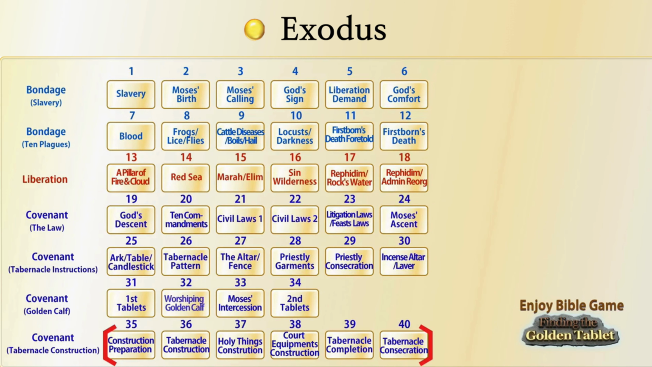the tabernacle, in which the restored Israelites, led by Bezalel and Aholiab, construct the tabernacle according to God's instructions. This section consists of the Israelites preparing for the construction of the tabernacle by making offerings and selecting the builders of the tabernacle, followed by the construction of the tabernacle and the making of holy things, and then by finishing the construction of the court equipments and the fence, completing the erection of tabernacle, and culminating in the consecration of